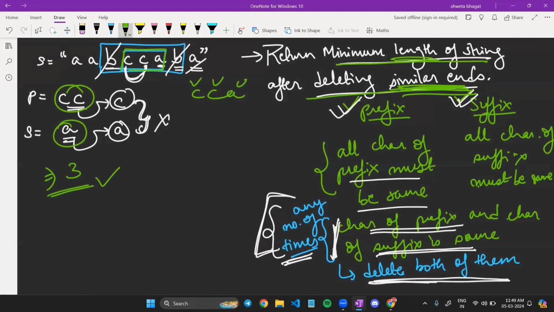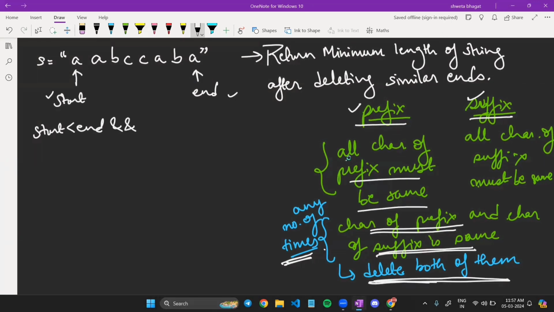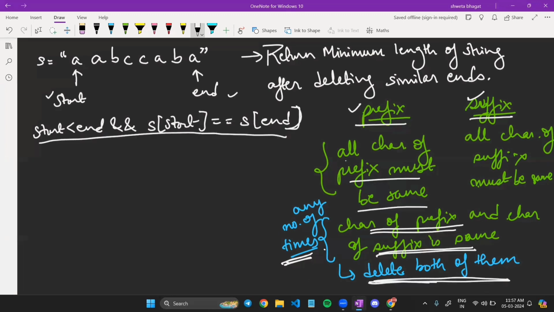Okay, so now let's see how we are going to solve this problem. It would have been clear to you all that we have to keep track of the prefix and the suffix. So how are we going to do that? For that, we are going to use two pointers, start and end. Start will keep track of prefix and end will keep track of suffix. Now, until we have start less than end and the character present at start is equal to the character present at the end. Okay, so until this condition holds, what we'll do is